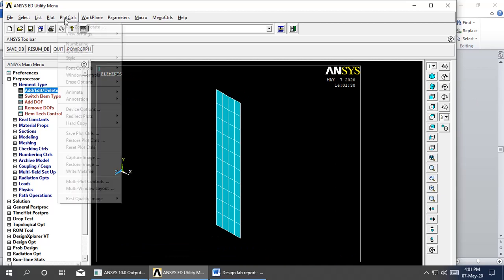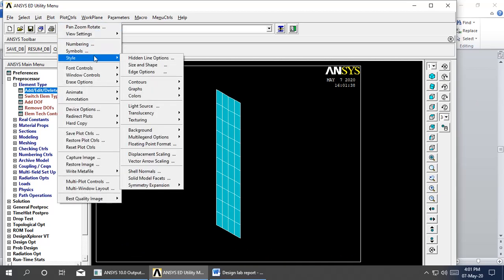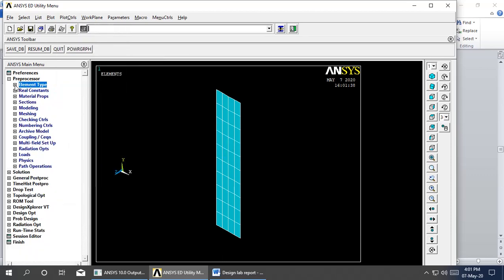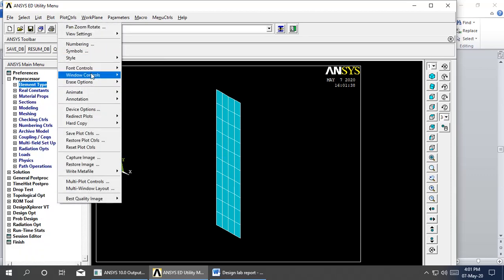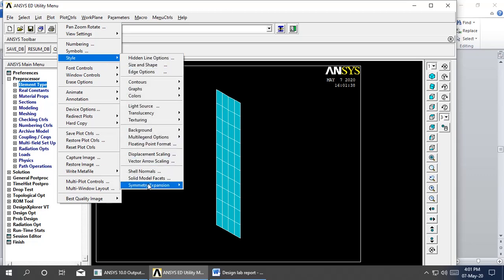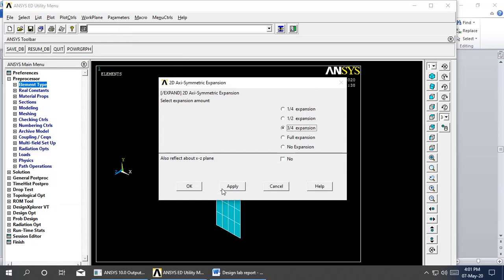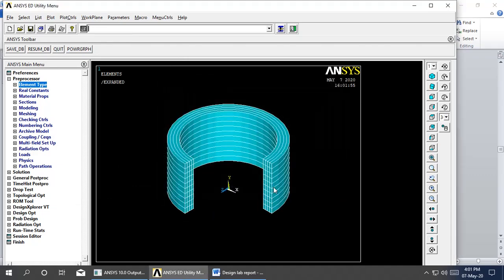For that you have to go for plot controls, style, symmetric expansion, 2D axisymmetric, give it 3/4, apply. So we are getting this 3 dimension. This is a cylinder. Instead of doing the analysis of the cylinder, we have reduced the problem to 2-dimensional analysis.